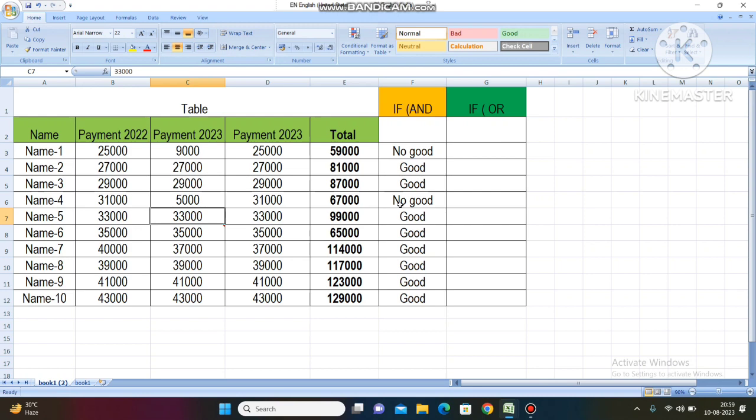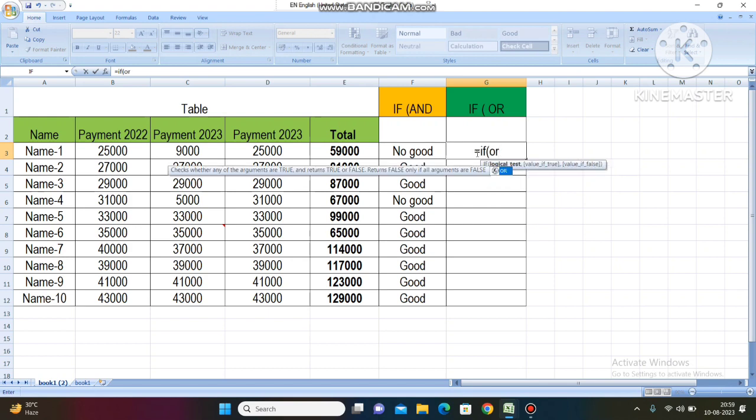Right now we are going to discuss the next formula function, that is IF OR. IF OR is also the same condition, so let's start the function of IF and OR. Therefore we will put over here equal to, and then IF, then we will open the bracket, and after that we will put over here OR, then second time we will open the bracket, and then we will put a first logical condition,